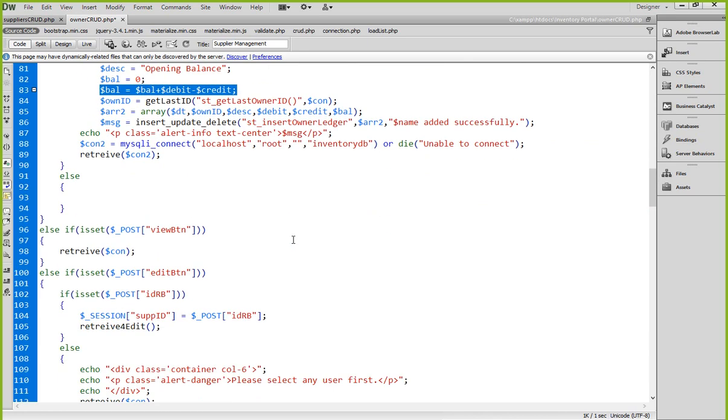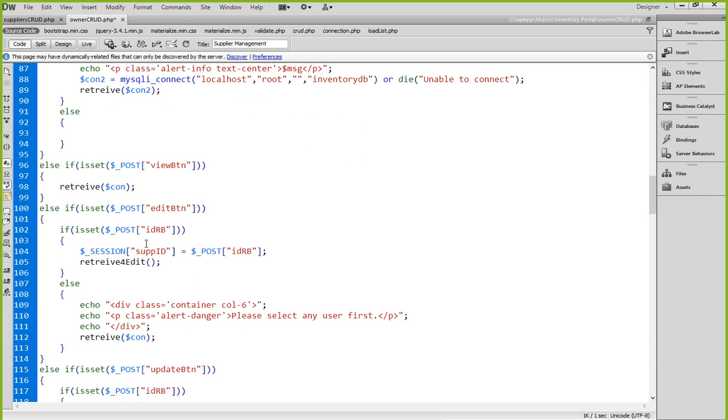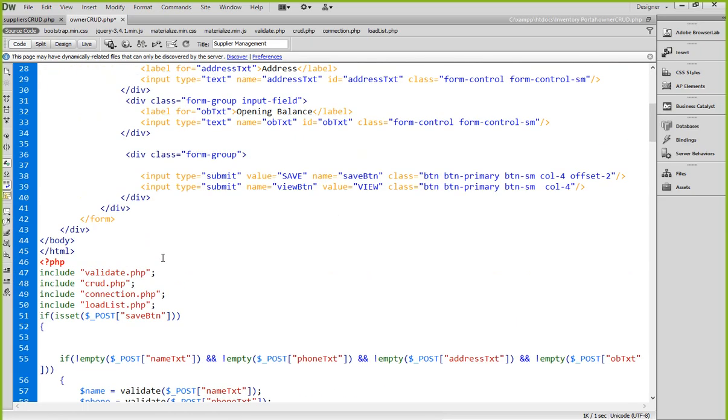Okay, now the next thing is we have to create the session. You see, when somebody is trying to click on the edit button, the session should be owner ID, the session name should be owner ID. So "select any owner first" is the error message that should be displayed. Okay, let's copy this session and go to the